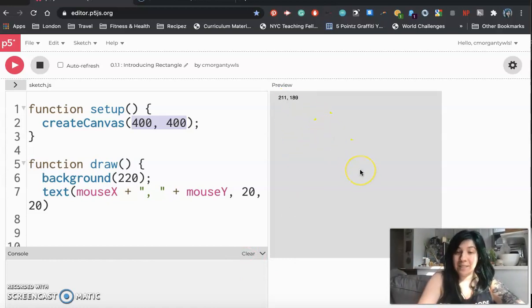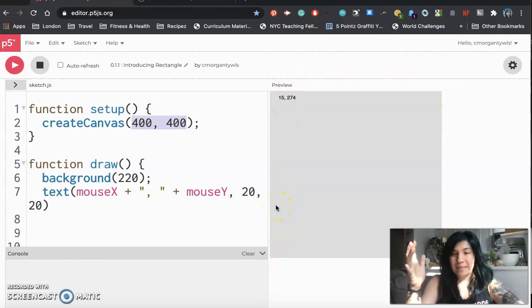Now the weird thing about computer science is that all visual languages are going to put the origin not in the center of the page, but in this top left corner. That's because when computers and phones and TVs and anything with a screen turn on, they're programmed to turn on from this top corner and then spread across the rest of the screen. So this up here is actually our 0, 0, which you can see if I get my mouse right up there. And then X gets bigger as you go to the right, Y gets bigger as you go down,